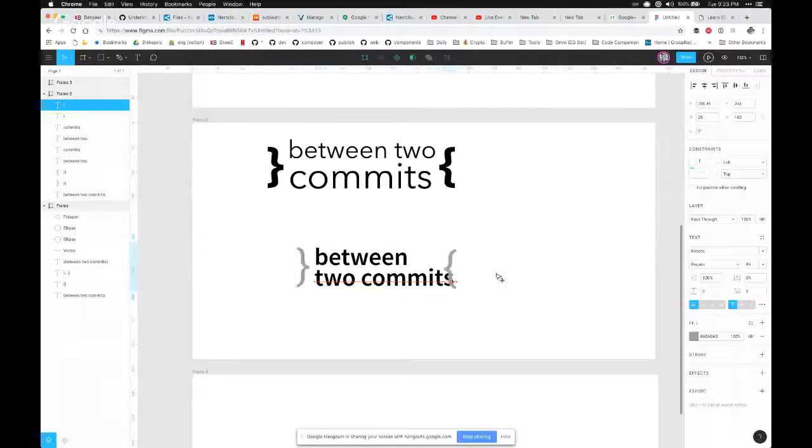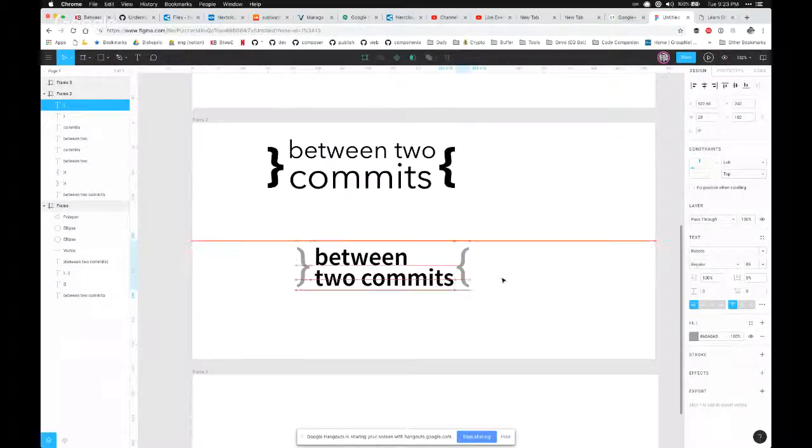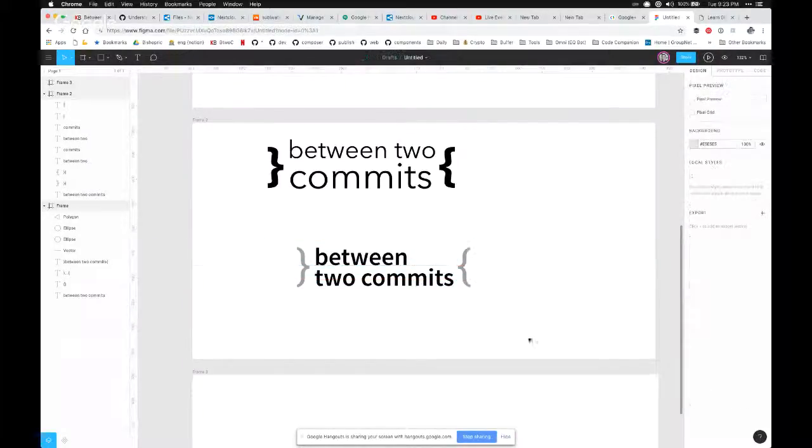This is what happens whenever I design stuff. I get into this phase where I'm like, oh my gosh, my brain is melting now. Everything looks weird, nothing looks good, and you have to just leave it. You know, eventually. I like it. I like the words the way they are, and I like the braces this way. So yeah, I'm liking this. Yeah, I like this too. I think this could be a good.